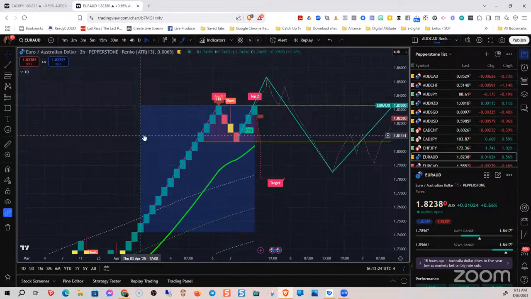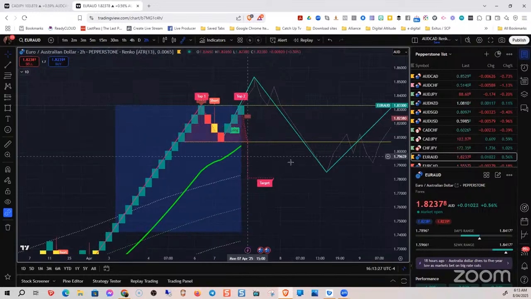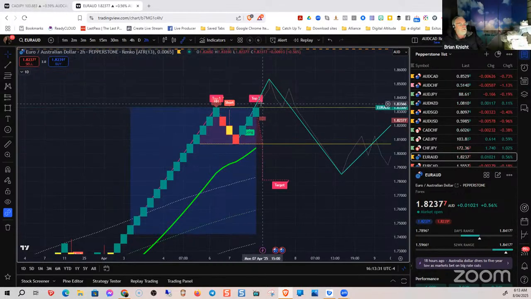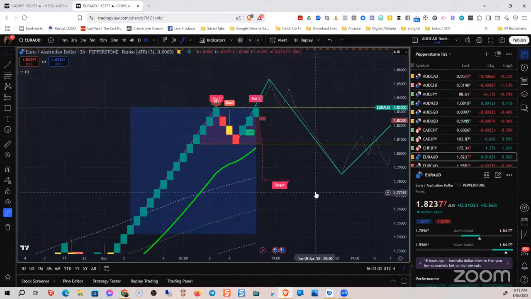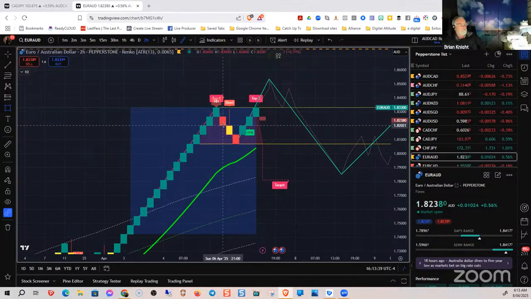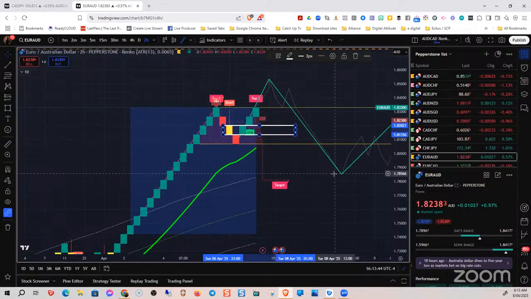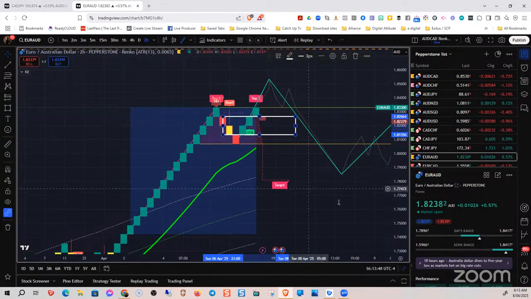And what am I paying attention to? The yellow and the top 1 and 2. They're both the same up here. Grab a rectangle. Go from the bottom of that yellow box and cut off the top boxes at the top. Perfect. Now I'm looking for that to turn over